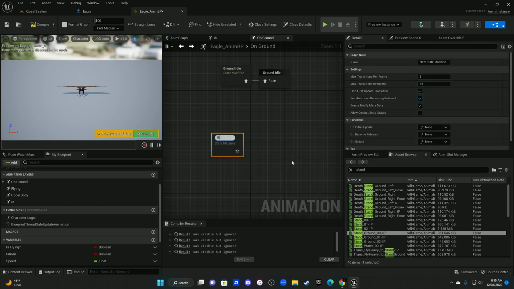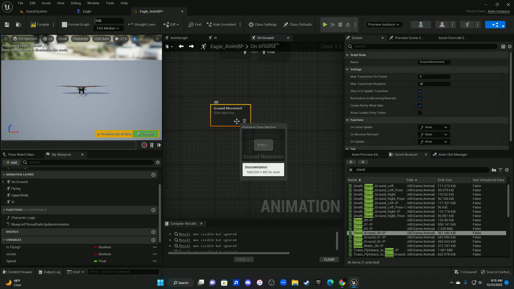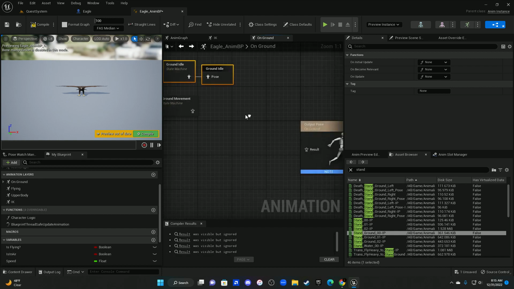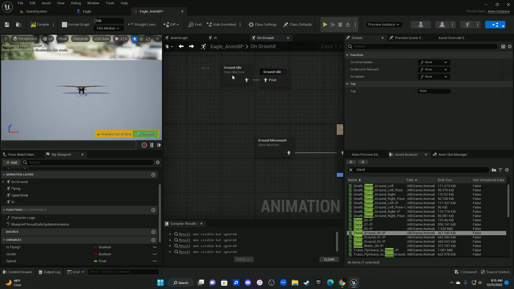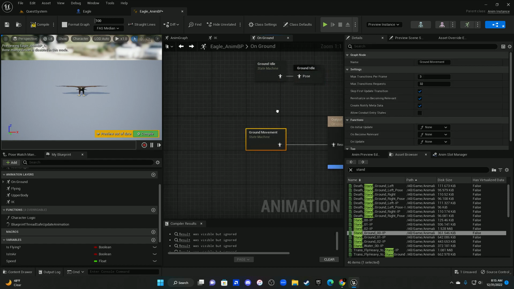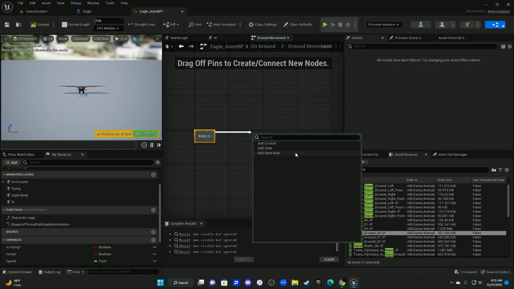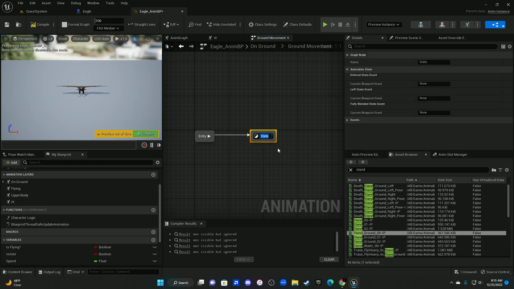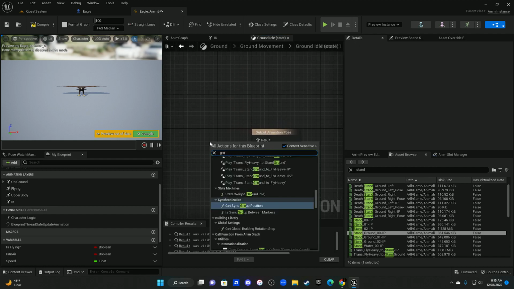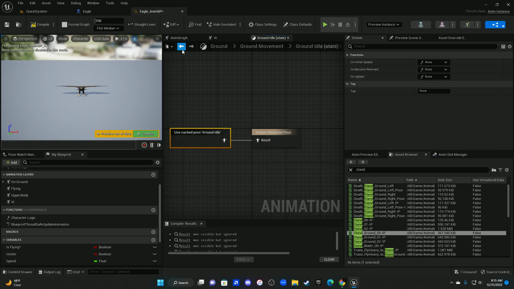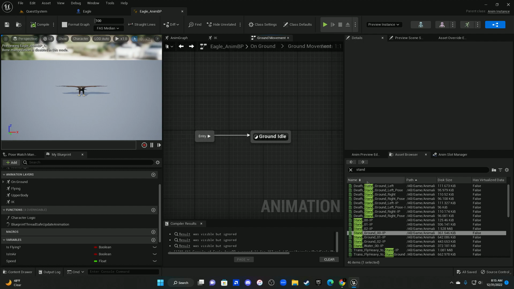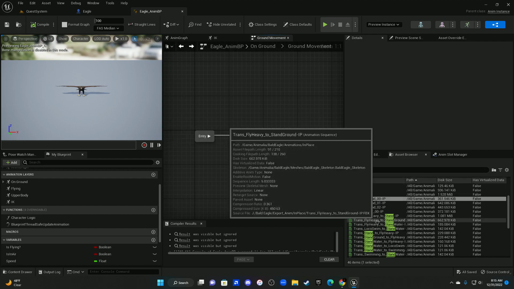I'm gonna add one for ground movement. And for the jumping, I'm gonna use an animation montage for this character. For the ground, but for ground movement, I'm just gonna plug that in. State, ground idle. Call it ground idle. Right. So now the ground movement,